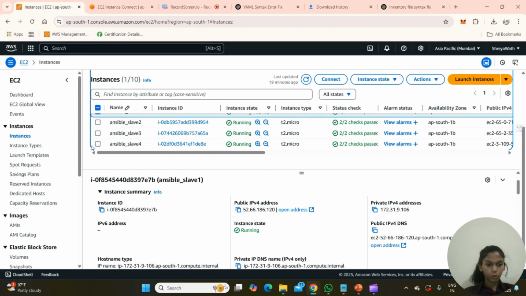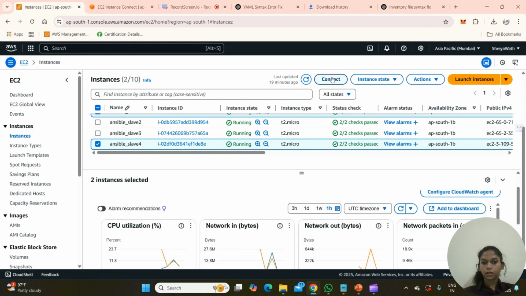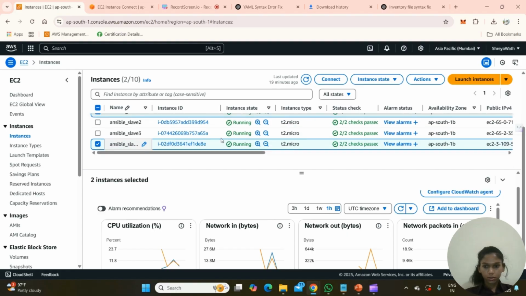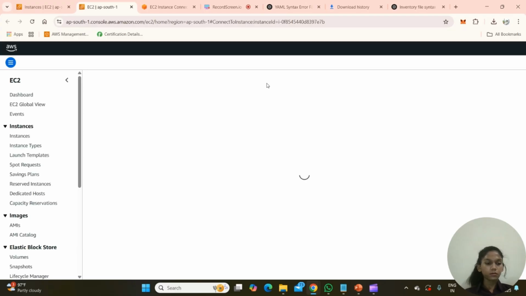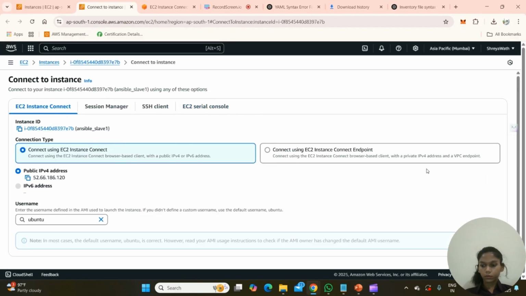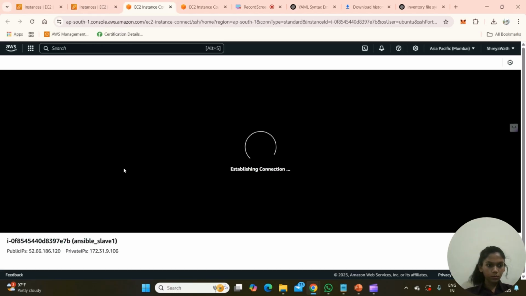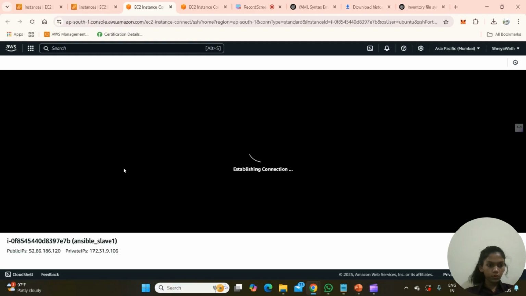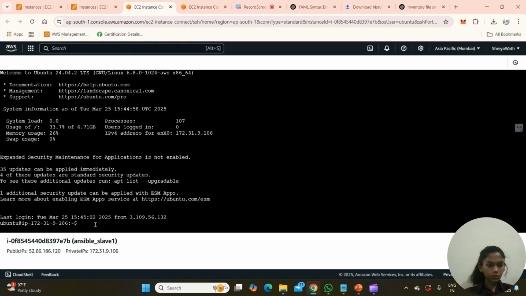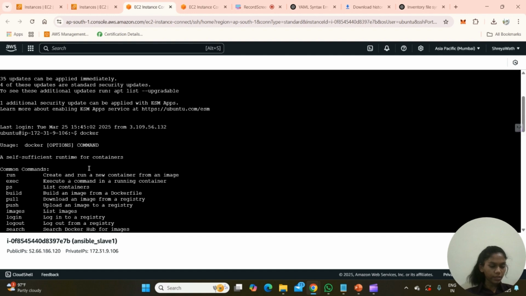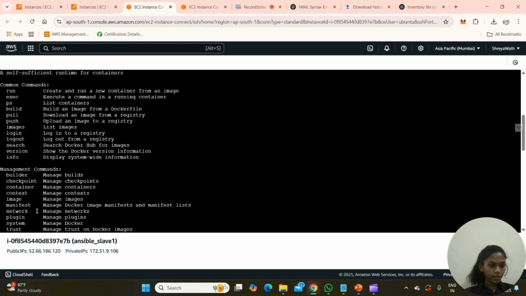So we'll connect to each of the nodes and check. Let's type docker here. And you can see our Docker has been installed as we have got all the commands regarding Docker.